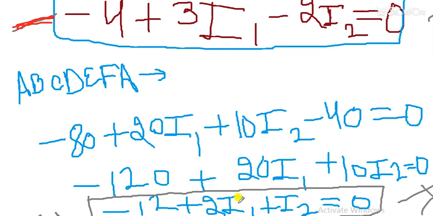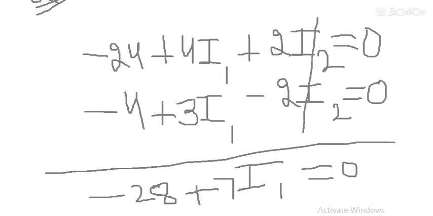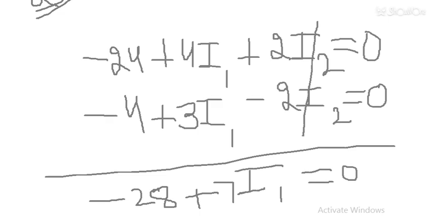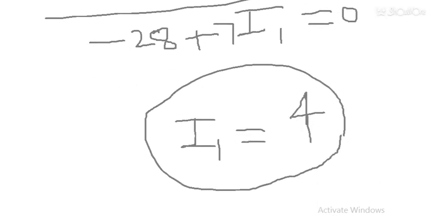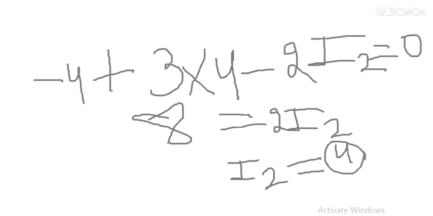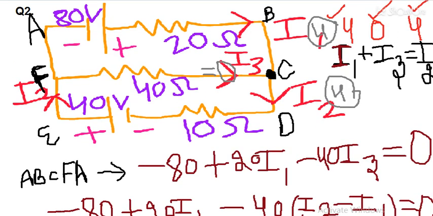So I multiply the second equation with 2 and added it to the first. This is the calculation part next to it. Then we have calculated the value of I1, that comes out to be 4. Then after putting the value of I1 in any equation, we get I2 equal to 4. Now we have to find the value of I3, but as I1 is equal to 4 and I2 is also equal to 4, it is possible only when I3 is equal to 0. So this is the complete solution.